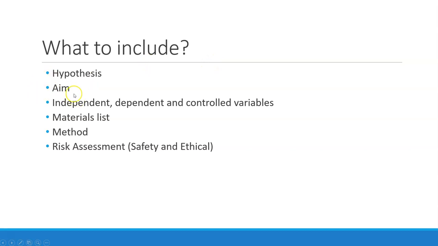You need to include the aim. What's your aim? What are you trying to actually do? What's the outcome that you're looking for? You need to include your independent variable, which is the variable that you are deliberately modifying: temperature, surface area to volume ratio, or salt concentration. The dependent variable, which is how you're going to measure it, I've already talked about that,